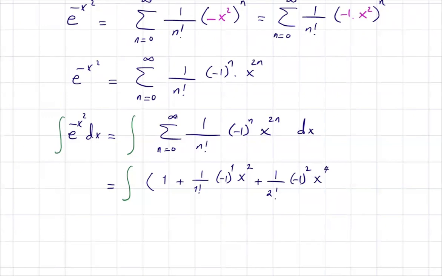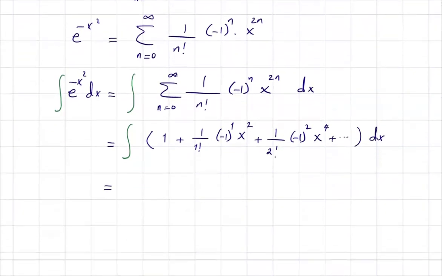So you continue this process, dot, dot, dot, dx, which is basically the integral of each one of these terms one by one: 1 minus x squared plus 1 divided by 2 factorial x to the 4th plus the rest of the terms dx, or can be written as the integral of 1 is x